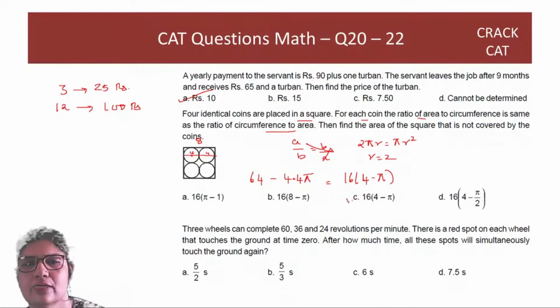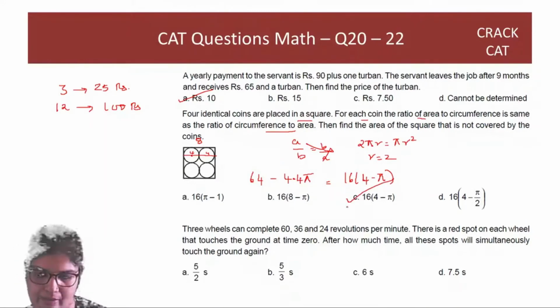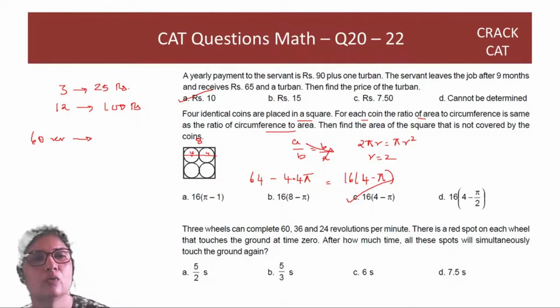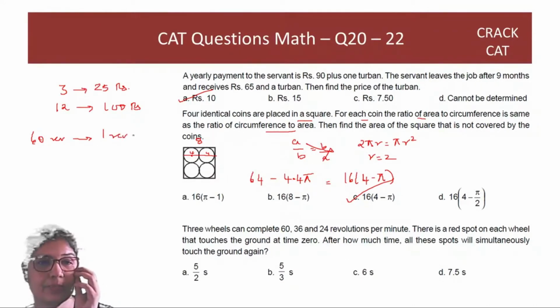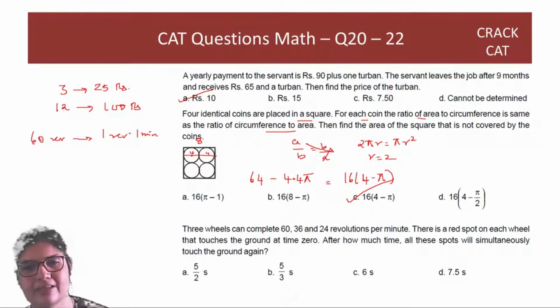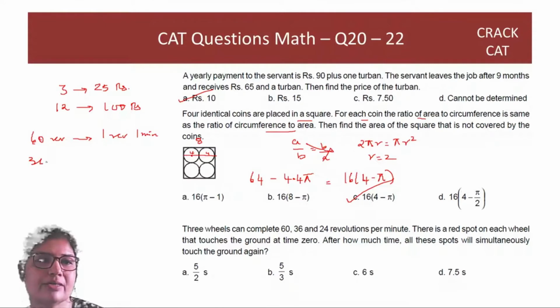Right? So the answer is option C. Three wheels can complete 60, 36 and 24 revolutions per minute. The one doing 60 revolutions per minute completes one revolution in 1 minute. So every minute its red dot, the red spot, is touching the ground. The one doing 36 revolutions per minute,